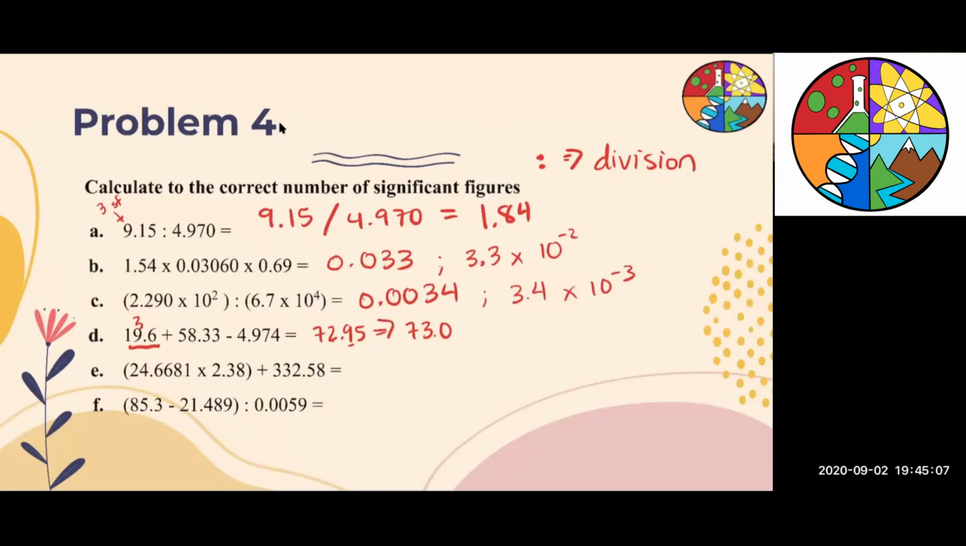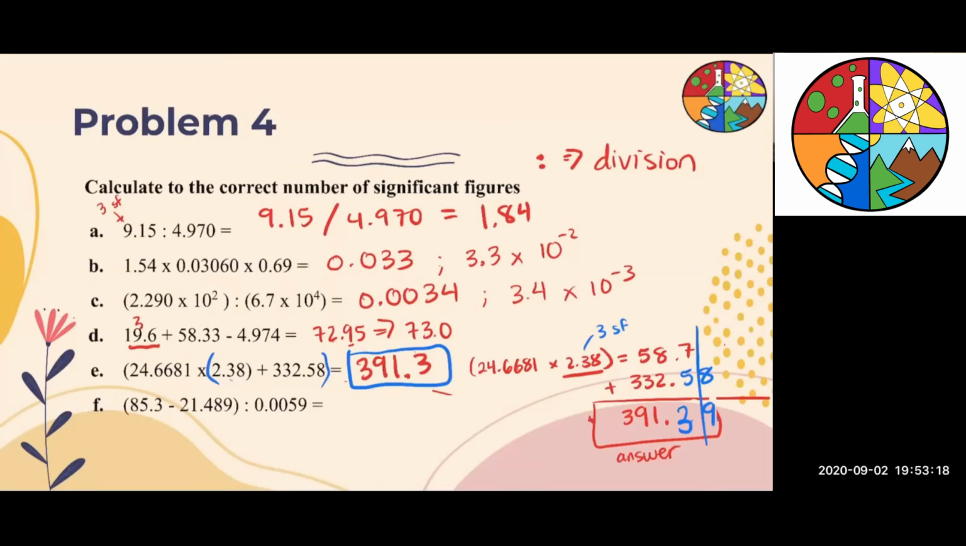For E, can someone tell me what they got for the answer and then we'll do it? I got 391.3. You guys didn't see my work earlier. My bad, I didn't realize it was frozen. So this was what I did. I labeled that there's 3 sig figs right here. Because there's 3 sig figs, I put 3 sig figs for the final answer for the multiplication part,